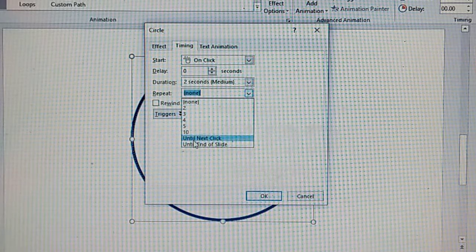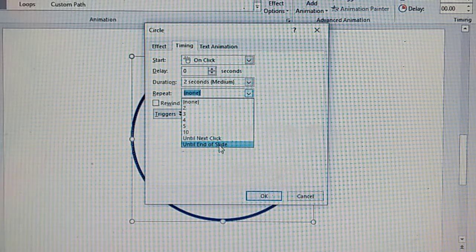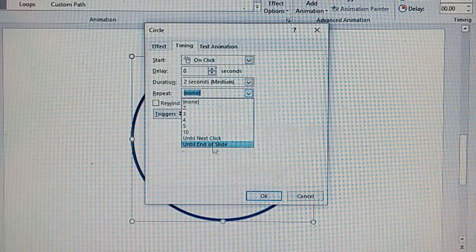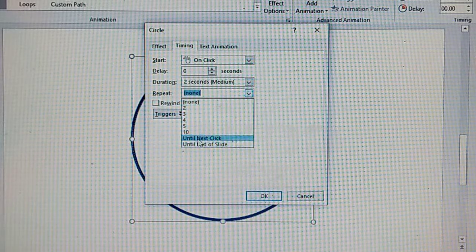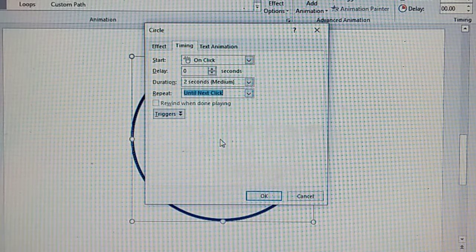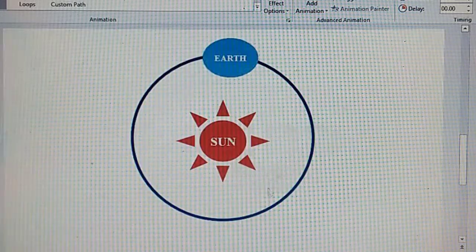Also, if you want to show the object until next click or until end of slide, click on one of these options. Now I have clicked on until next click and at last click on OK.